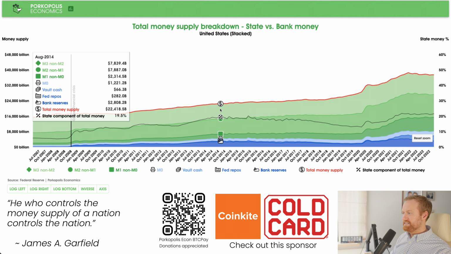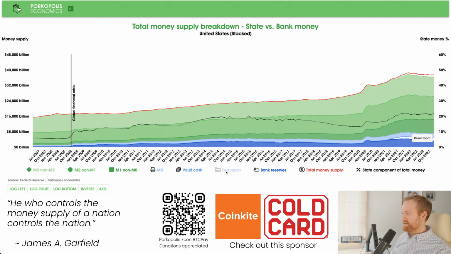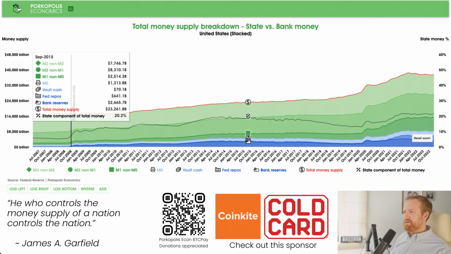Let's see what the percentage is. 19.5% state money, and then actually a little bit higher in September 2015. That's probably due to repos coming in. Yes, there's a little bit of a bump in repos. We can see here a little bump in late 2015,